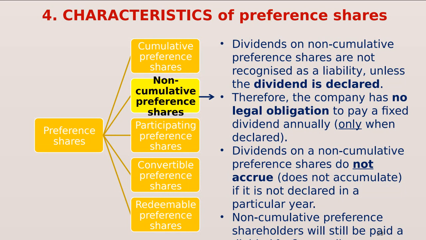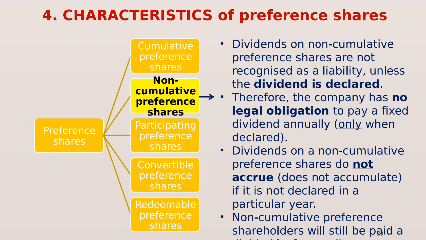So when would we pay this type of dividend? Well, before we pay ordinary share dividends, we have to pay this non-cumulative dividend. It won't accumulate in the year that we don't pay it, but in the year that we do pay ordinary share dividends,